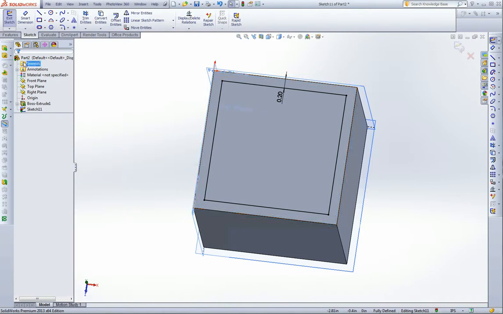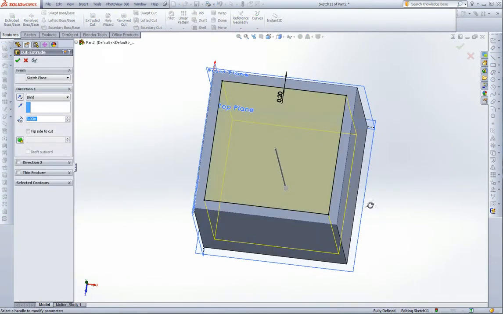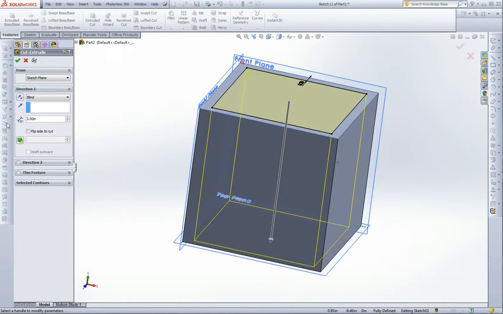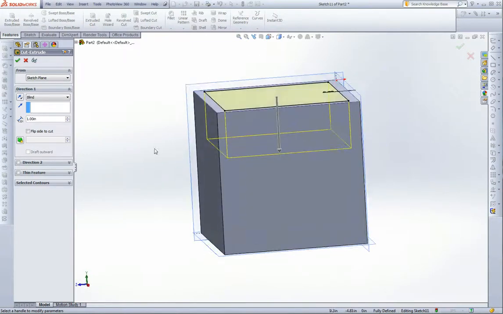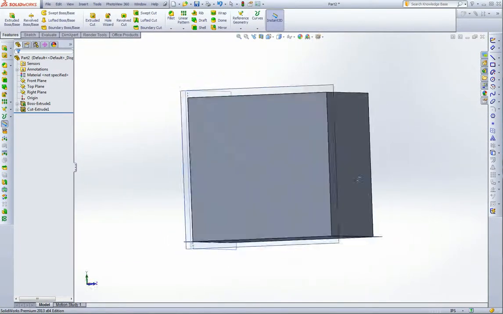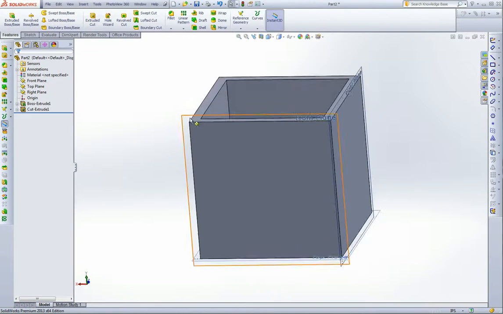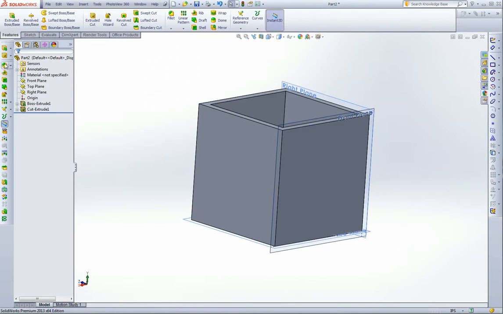Now from this, I want to click on this tool right here, the cut extrude, and what that does is it'll take away from the sketch. So I don't necessarily want to go all the way through like it's telling me it's going to do, so I'm going to change this to 1 inch, and you can see the preview, and that's how far it's going to cut. So if I click OK, you can see that that sketch has now become a cut. So we can start visualizing what this might be, or what it could be, but we're going to go to the next feature, and that'll be the fillet and